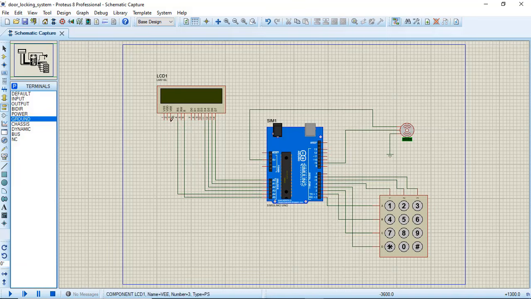Now the only connection required is power supply. So let's short the ground first. So ground, that is VSS, I will connect it to RW pin, and the VDD I will connect to 5 volts. So let me add the 5 volts ground. Yes, it's done. So I guess all the connection has been done.